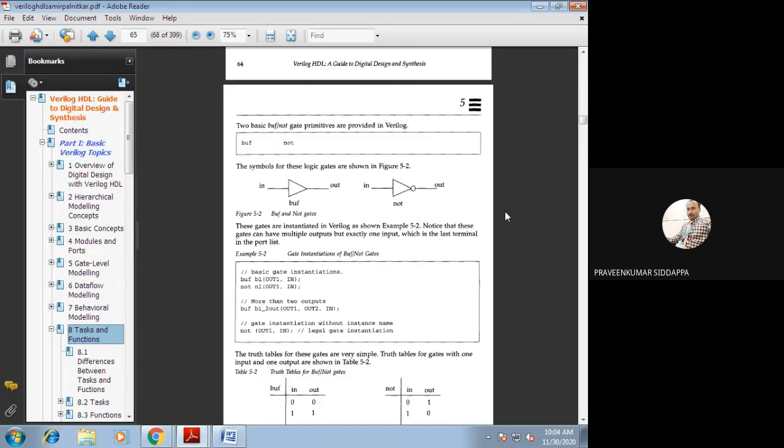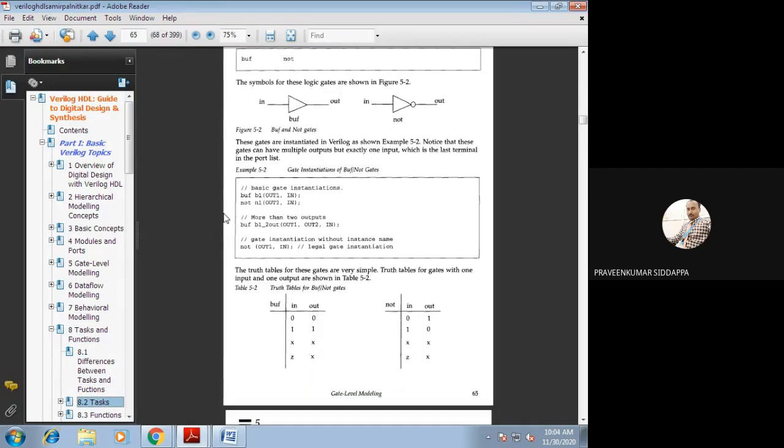So whatever input we have applied at the input side, we will get its inverted output at the output side. So that should be called the output. Okay, so how will we write the logical expression? How will we write the gate level expression for buffer? Check it here. buf B1. B1 is the instance name. That is optional. Any name you provide is fine, no problem. That is user defined. Remember it.